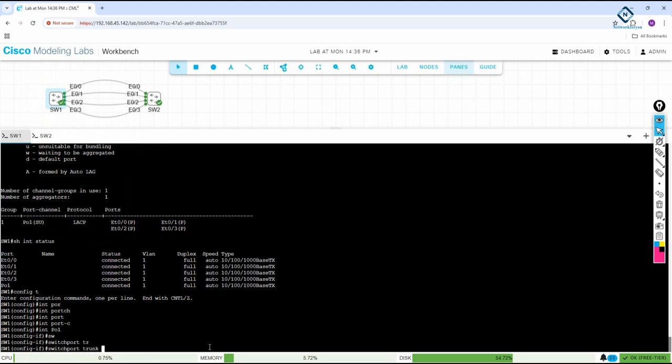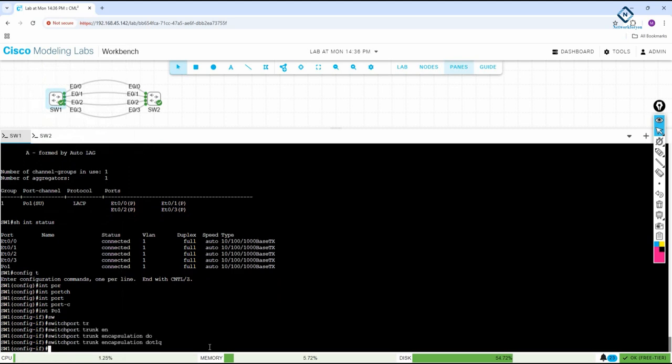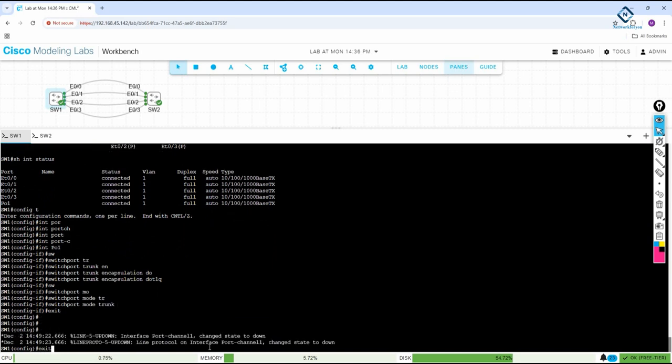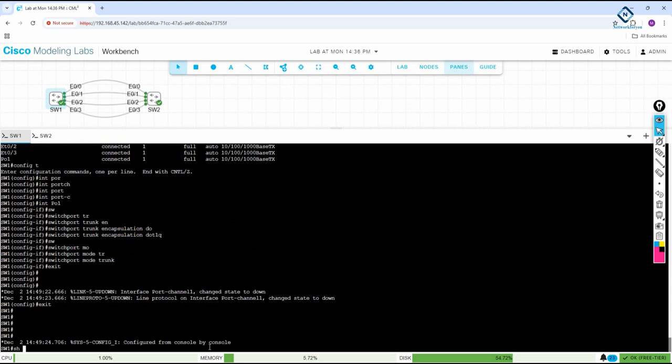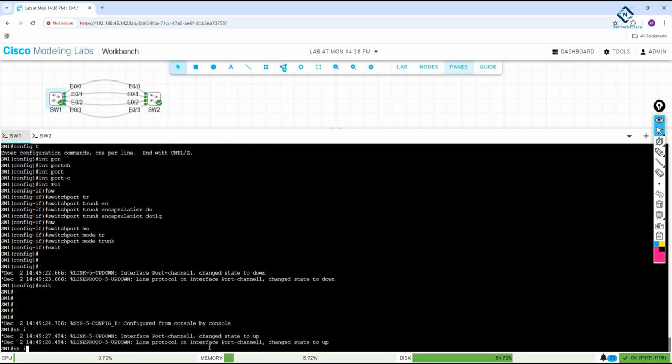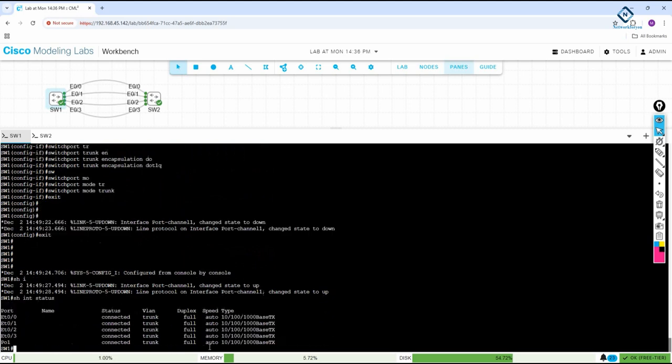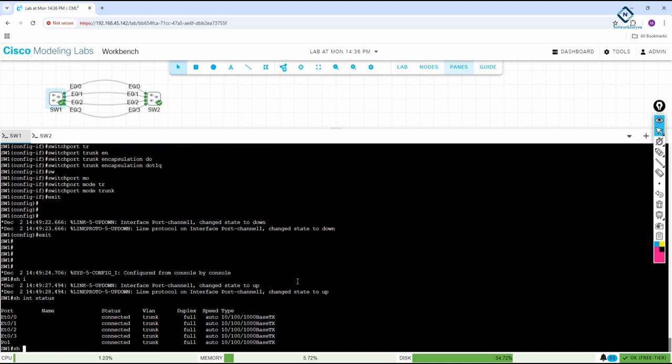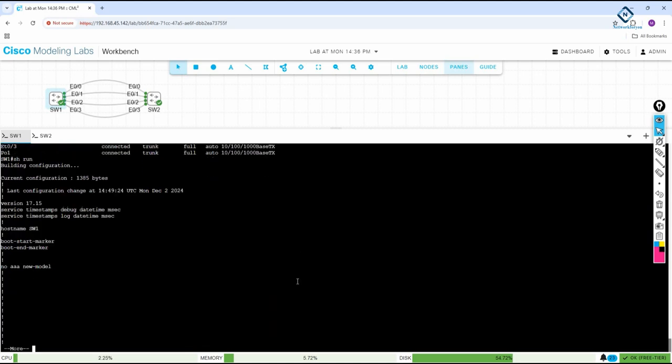Switchport trunk encapsulation dot1q, switchport mode trunk. After that also we can configure, before also we can configure, after also we can configure. So I can write here show interface status, and you can see now it is trunk, before it was not trunk. And if you write show run, you can see here